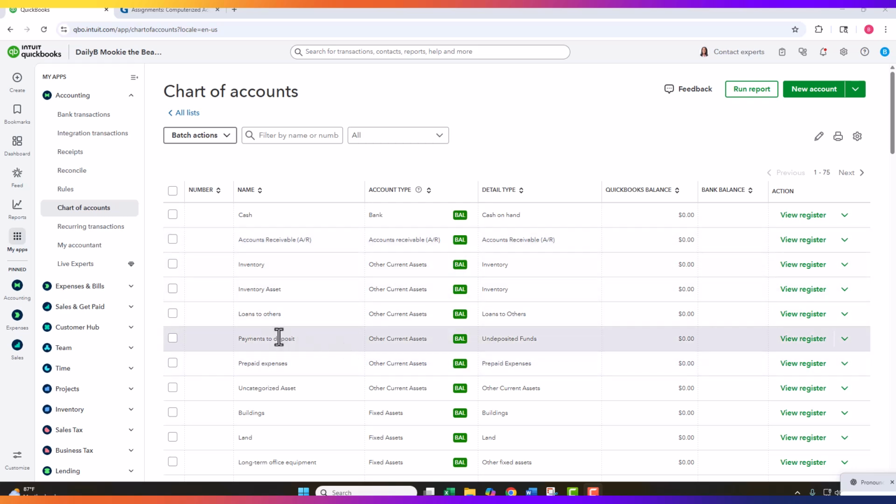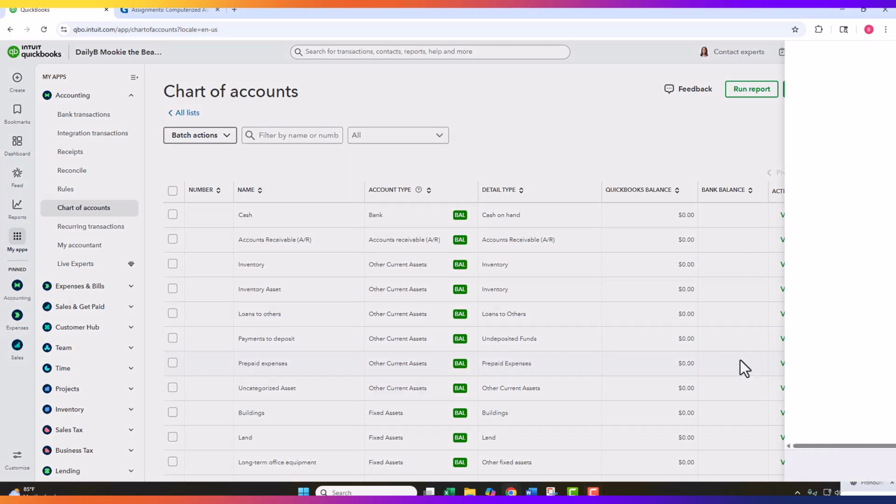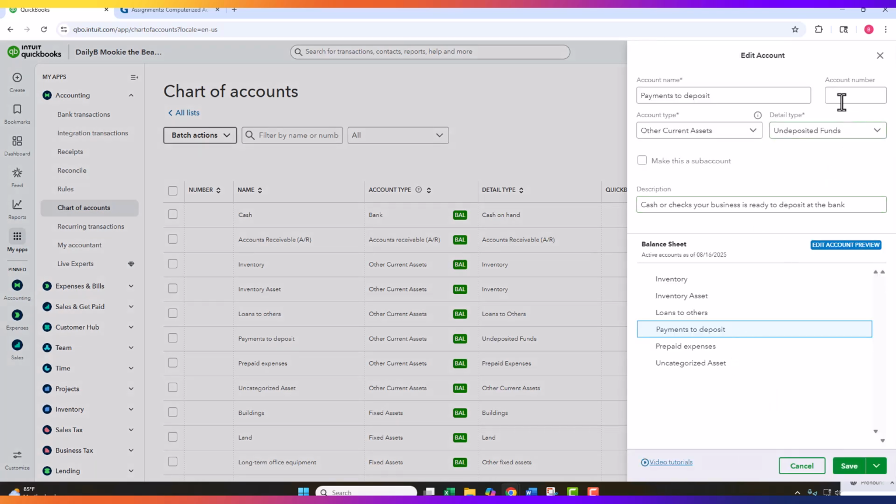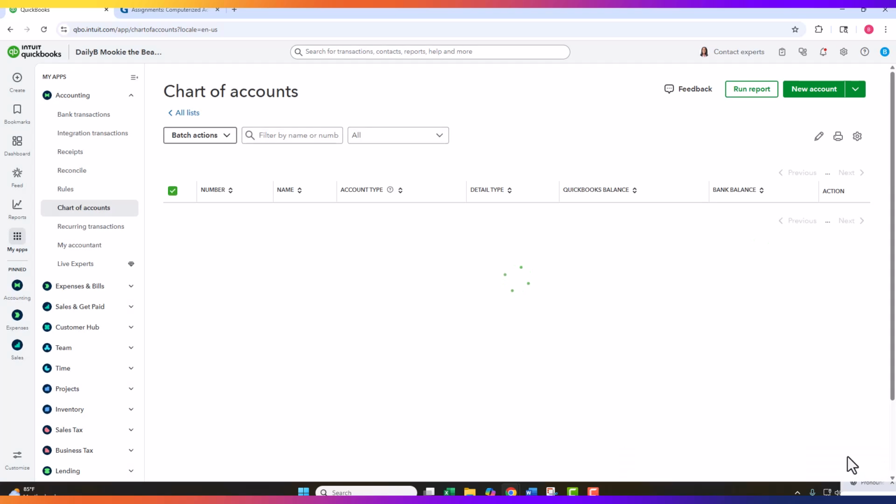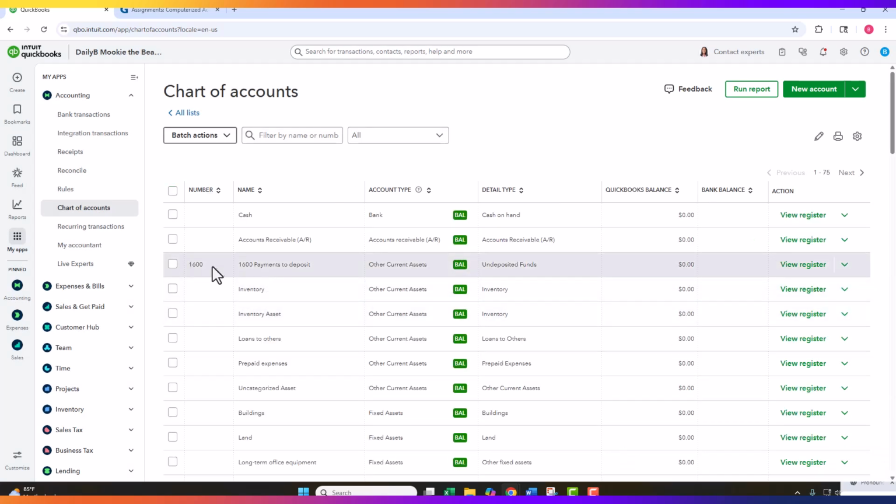And what we're going to do here is we're going to modify this account. So if I click on the little drop down arrow next to its name, I can select edit, and then I can come in here and type in the account number. They said to give it the account number of 1,600, and then I'm going to hit save. All right, so now I'm seeing an account with an account number, and you can see that it also puts that number before the name,